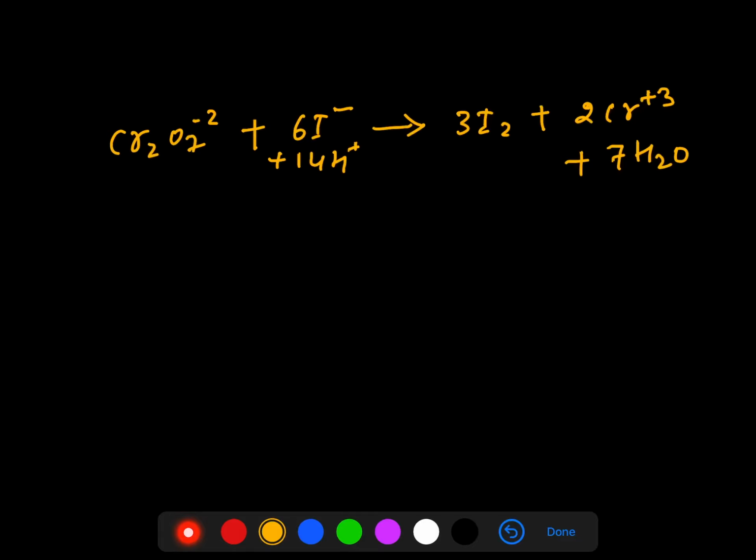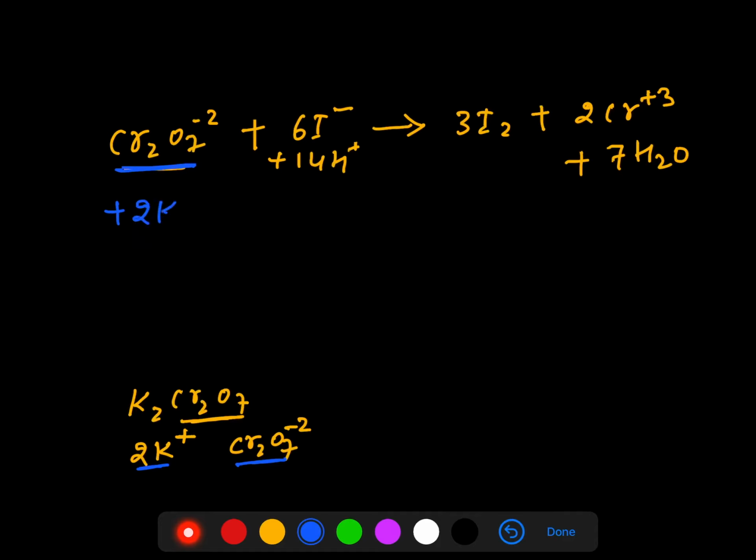If you check in the original equation given, Cr2O7^2- was bonded with potassium, right? It was in the form of K2Cr2O7. So what do we see? 2 potassium ions go with 1 Cr2O7^2- if you apply the mole concept. 2K+ goes with 1 Cr2O7^2-, and since we have just 1 Cr2O7^2-, we must add 2K+, but we should add it on both sides. Why do we need to add on both sides? So that the balance that we have done so far is not disturbed, right? Okay, so this becomes